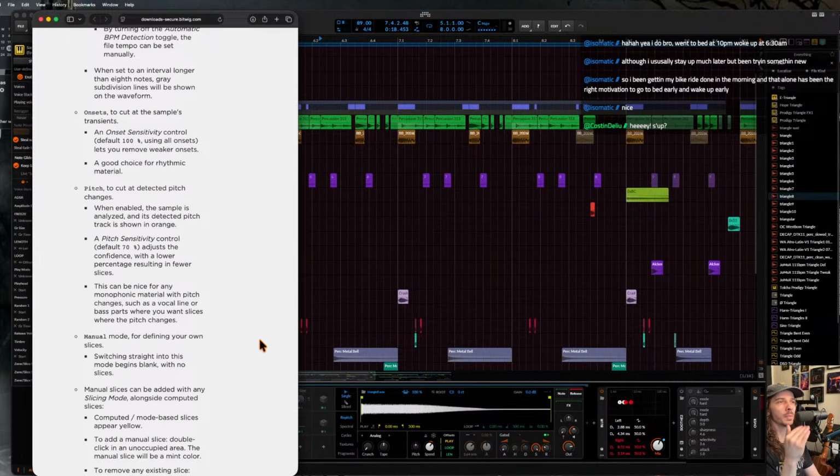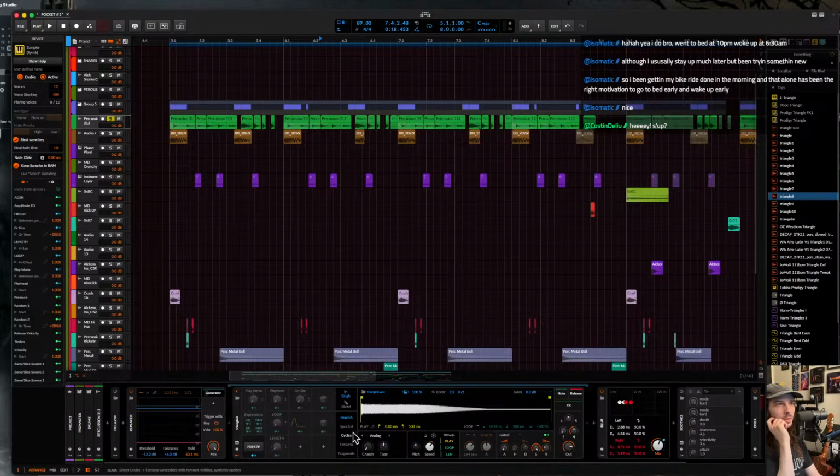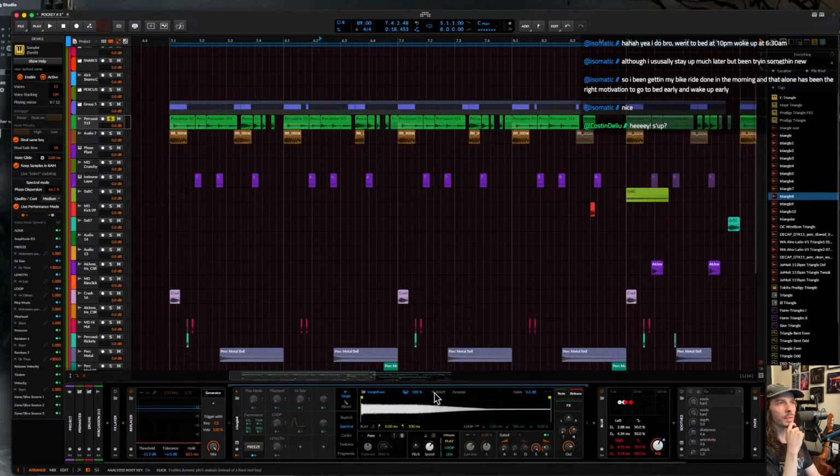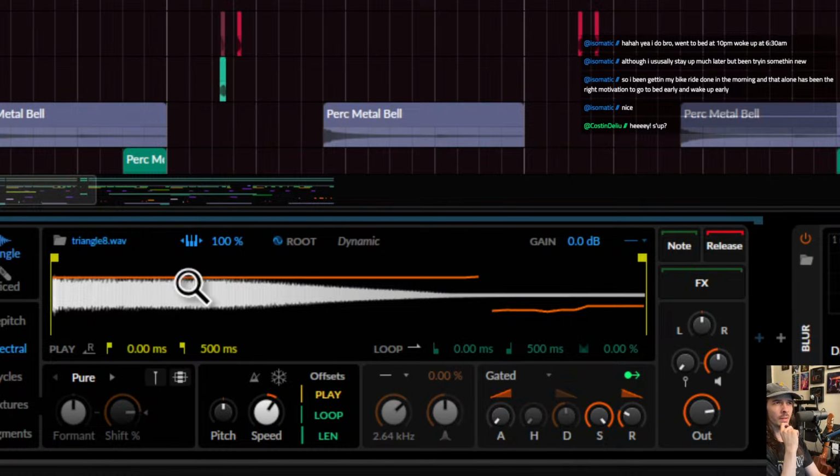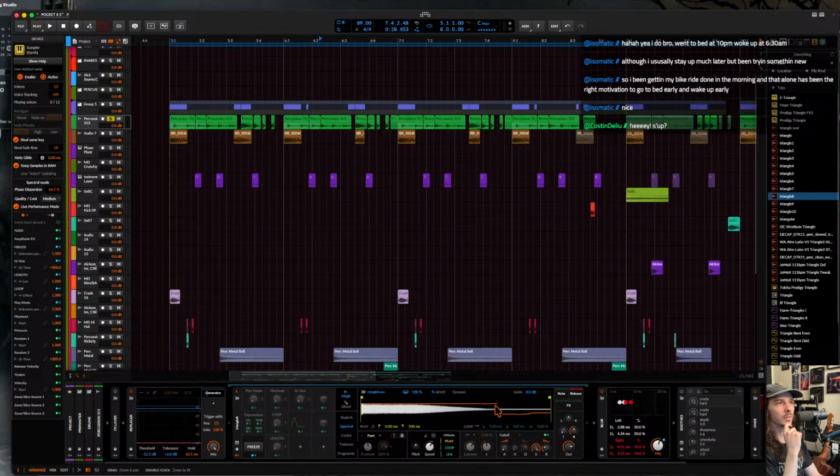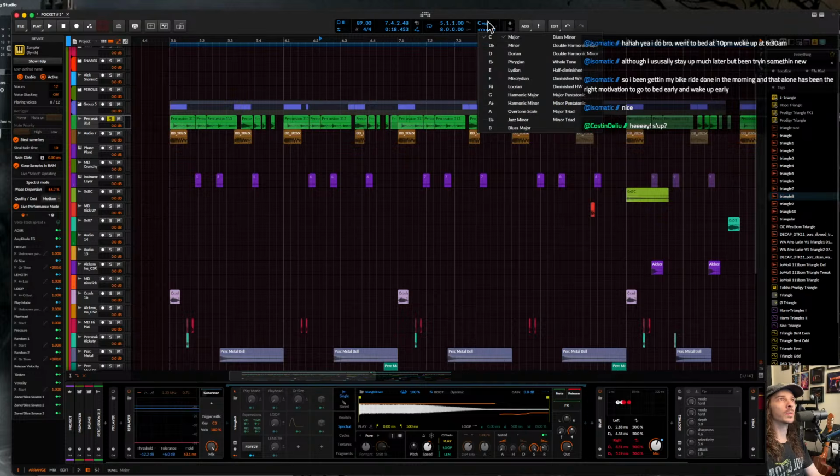So it's almost like it has a built-in Melodyne, which I thought was interesting. If you go to this and we set this to the root note and we do this, you can see that on here, I'm guessing that there's some kind of spectrogram that's built into this that's just detecting whatever pitch this is